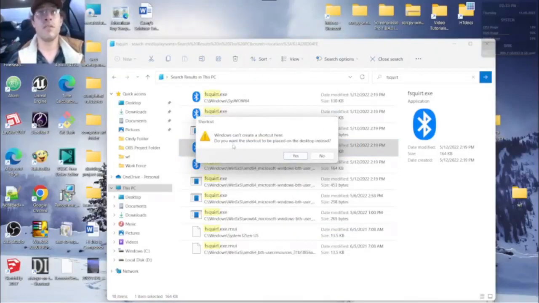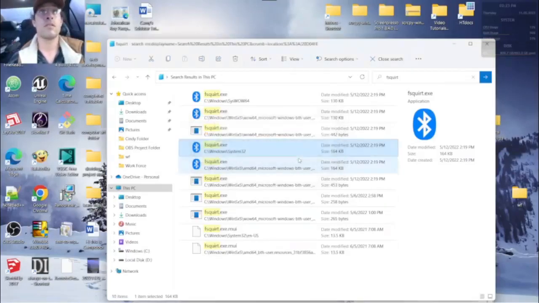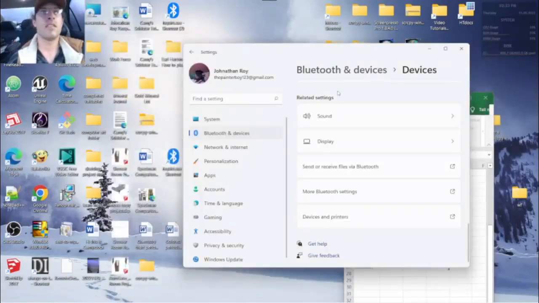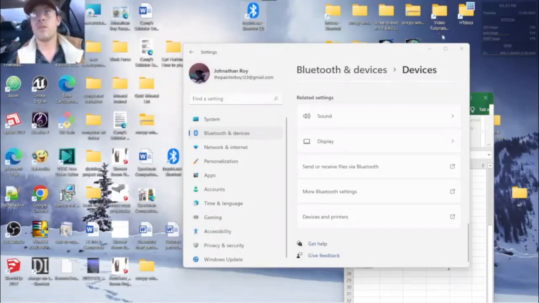And then it says you want to place it on the desktop instead, and you go yes. And then you'll exit this, and look, I got a shortcut too, right up here. So we got that on the desktop. Well, this is the thing. Sometimes we need